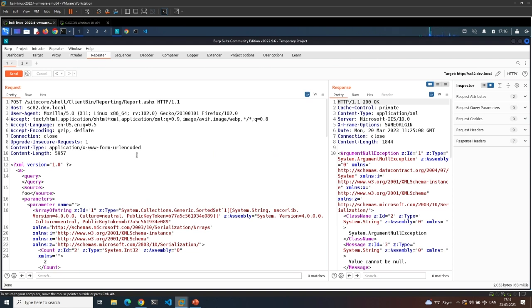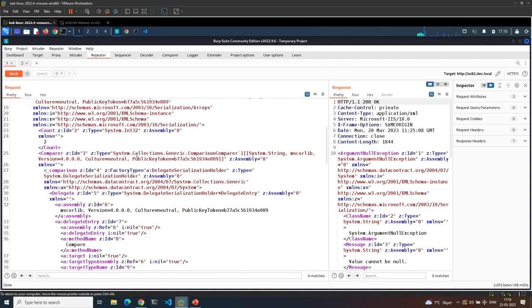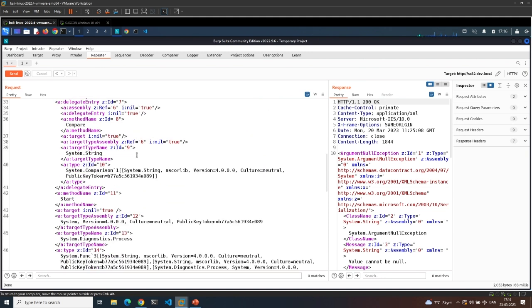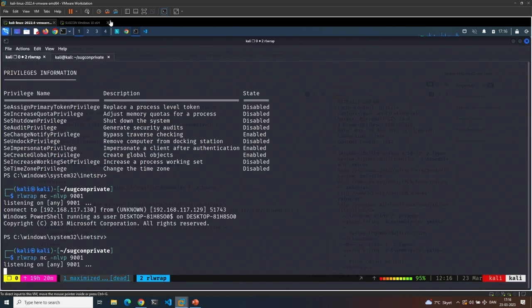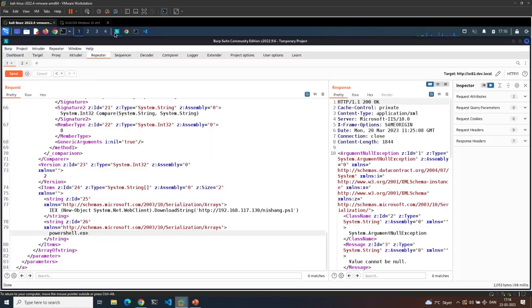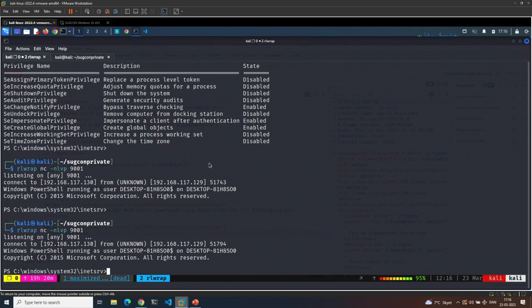And what the author found out was when you craft your XML in a certain way, it will actually just pass it and deserialize it. So for this, you don't need Visual Serial because you can just put in whatever code you like in the button, and you got code execution, right? How neat is that? So no need to spawn any calculators here. Remember, the report is going in the background, so you won't see the shell hanging here. And I already got my shell. I'm going to leave this shell because we're going to use it in just a short while.